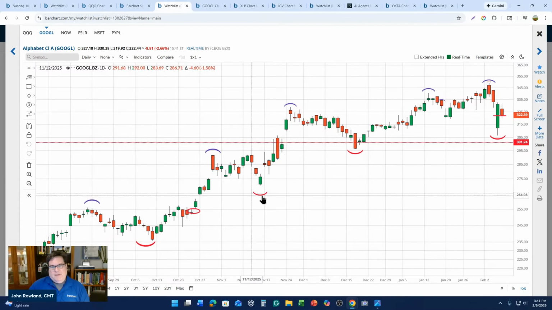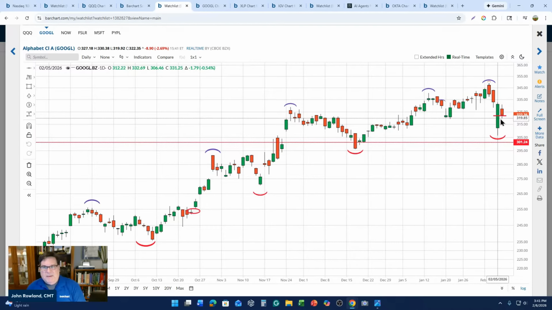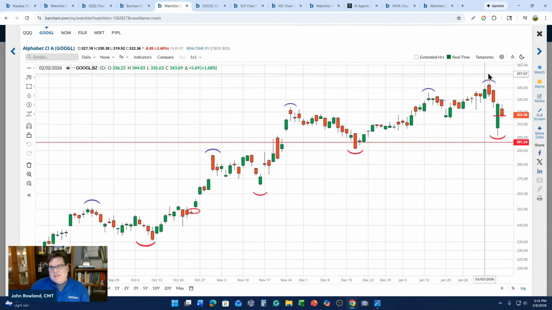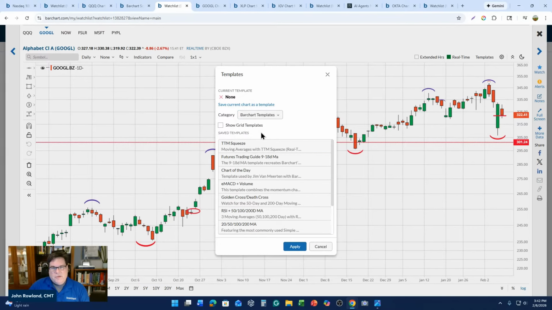And if I look in the big picture, what do we see? Well, we still see Google making what? A series of higher highs and higher lows. And yes, below the 50 would be concerning for me. Now, one of the templates that we have available to us under templates, go under bar chart templates, is one